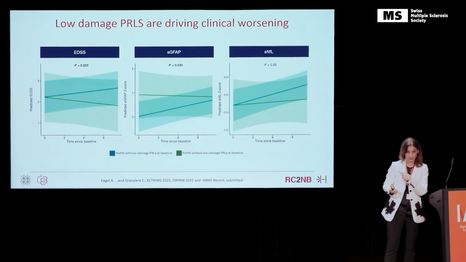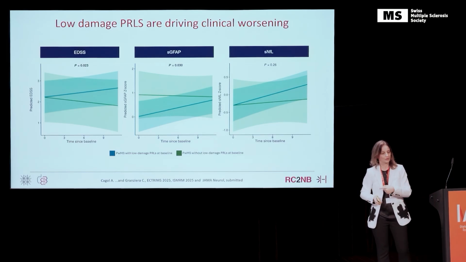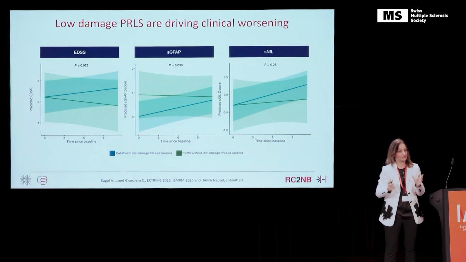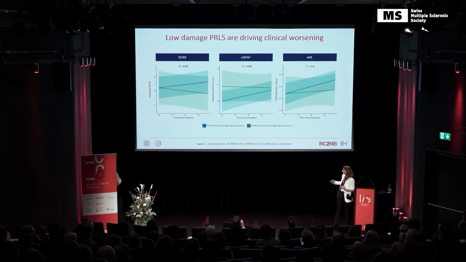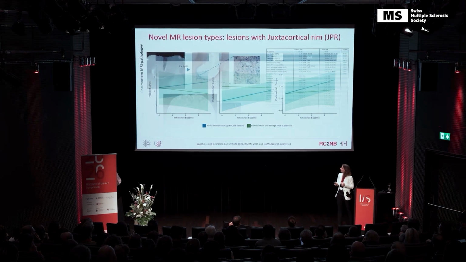What does it tell us? So this gave me a lot of hope, because in all these pharma boards, when they try to get as an outcome these PRLs, they're all puzzling. What do we take? More than 1, more than 2, the number? Or do we take the volume? None of them. What we need to look at is the microstructure, and these are the data that are supporting that. And perhaps, now we're looking at the extent of the iron rim in this low damage to see if there is a relationship to these broad rim lesions that were described.